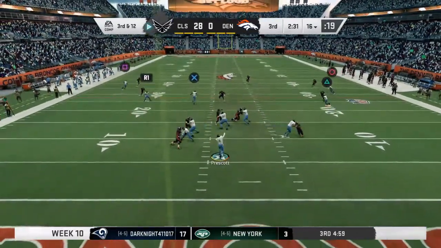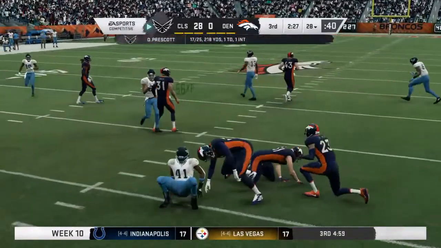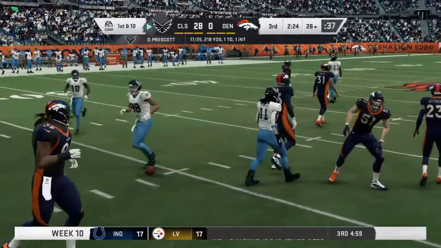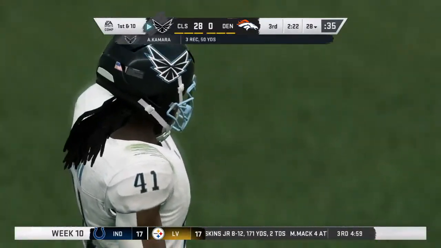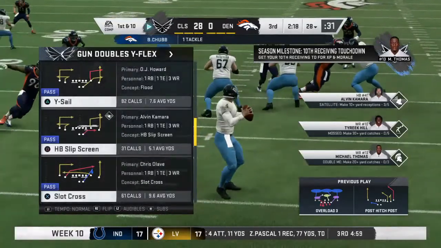On 3rd down, it's Prescott. Out of the backfield, that's complete to Kamara. The 3rd down conversion is successful. Give him 12 yards that time. There are a lot of tough routes to try and cover when you see a runner come out of the backfield and run this,